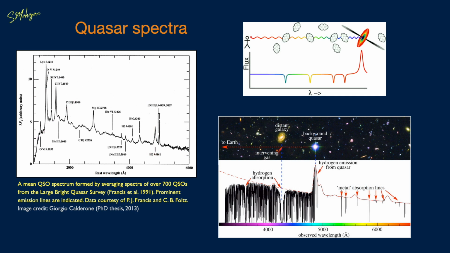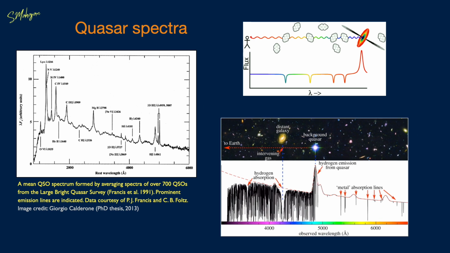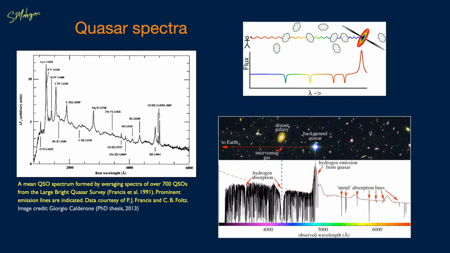Besides emission lines like the ones we discussed for Seyferts, absorption lines are also found in the spectra of quasars. Doppler broadened absorption lines are found in around 10% of quasar spectra. These originate from sources with speeds exceeding 10,000 km per second. These lines are usually associated with the quasars. However, other narrower high redshift absorption lines observed in spectra of quasars are due to the Lyman series of hydrogen and metals such as carbon and magnesium.